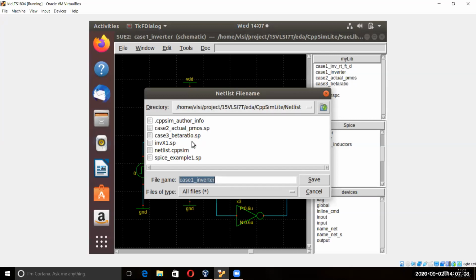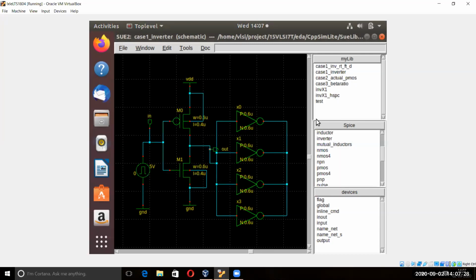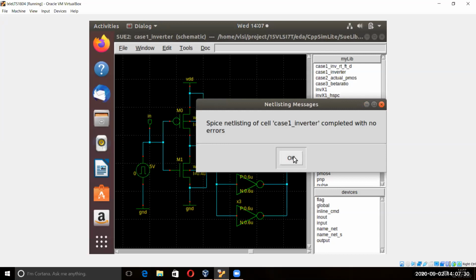There will be a section of netlist, and everything. Just click on netlist. So this will be your path for all the next netlists you wish to save. You can save it anywhere, but as this one is the netlist, we are interested in keeping it under the netlist. Save. It says it's completed with no errors.